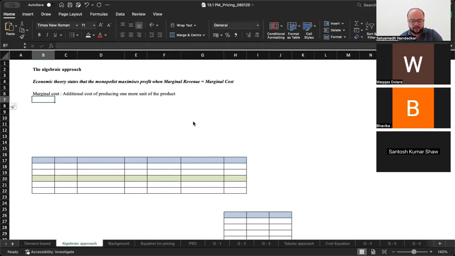So if I were to take a simple example, units, variable cost per unit,